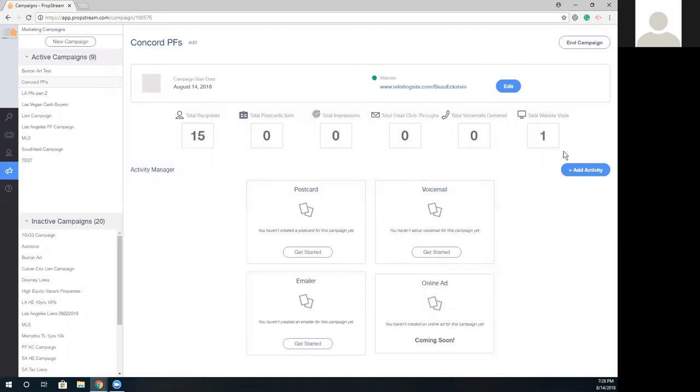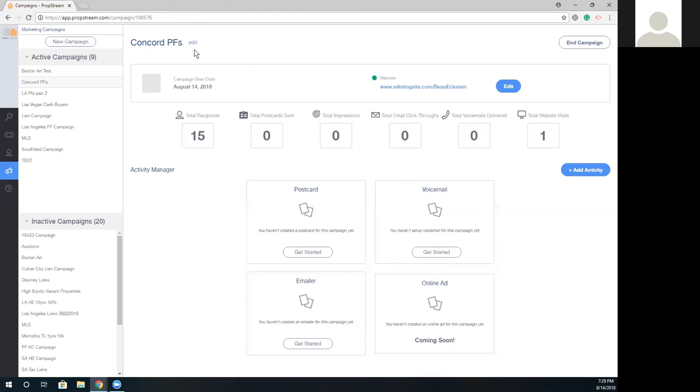So your voicemail system, okay, so we got 15. Let's say we had 15 people on this list, and we want to send out a ringless voicemail to them. Does that go to both their cell phone or landlines? It goes to all of the ones that we have available with their information. So if in the contacts they had their landline and their cell phone, then we're going to hit both of them. And then before we order it, like if we clicked on it, it would give us the price.